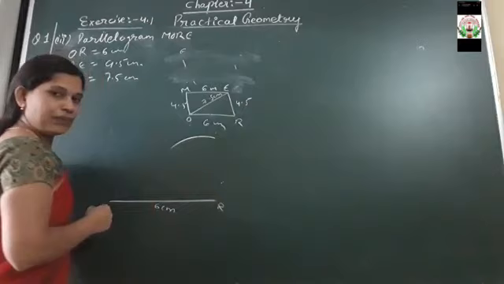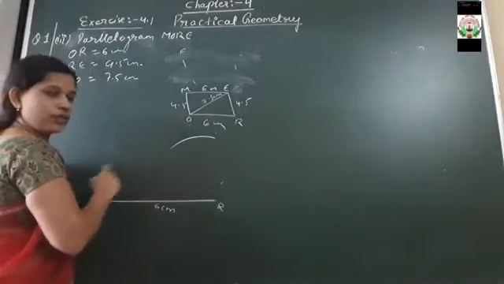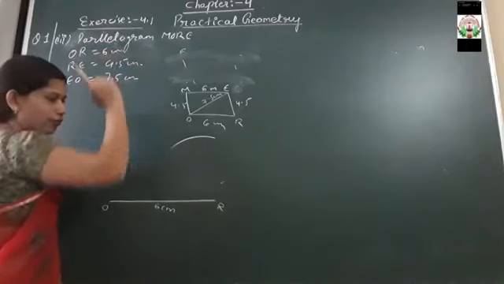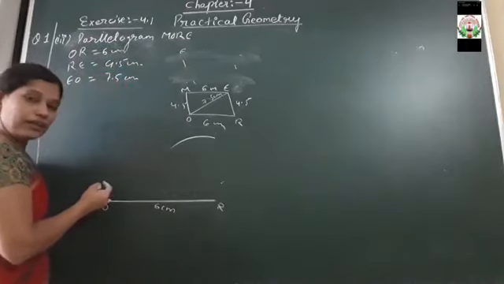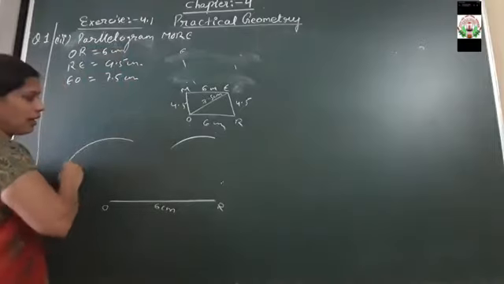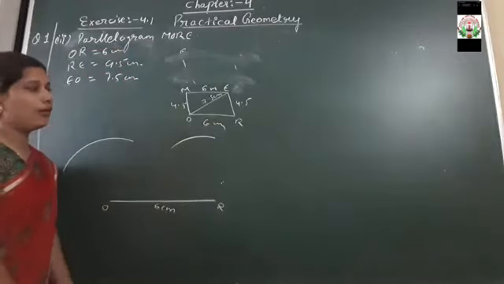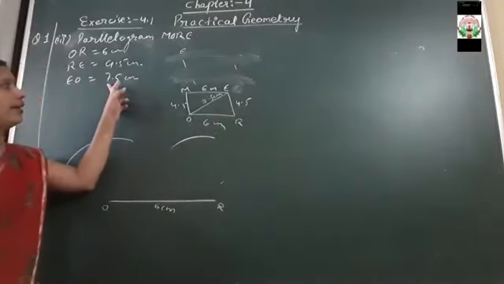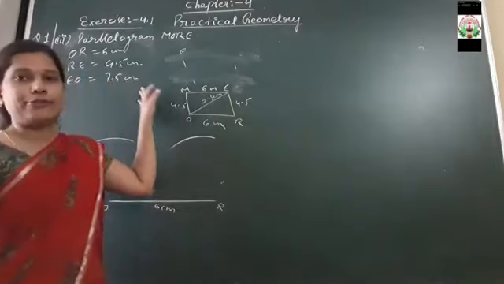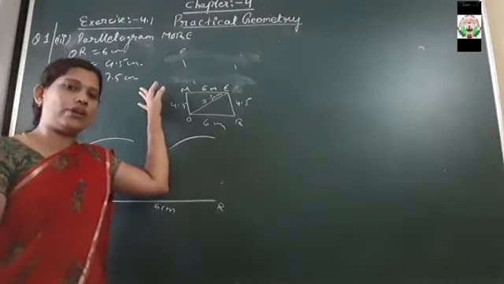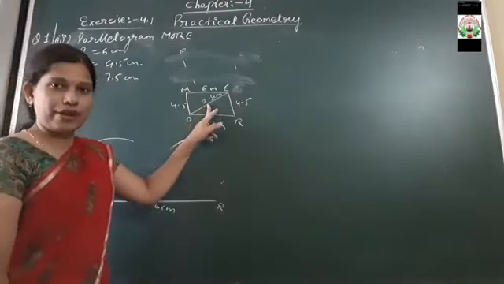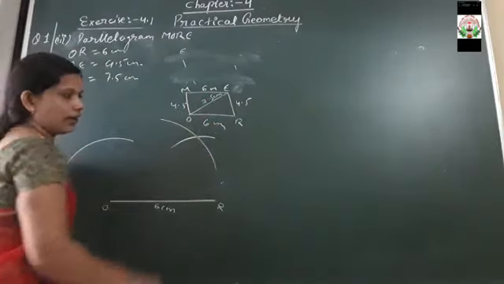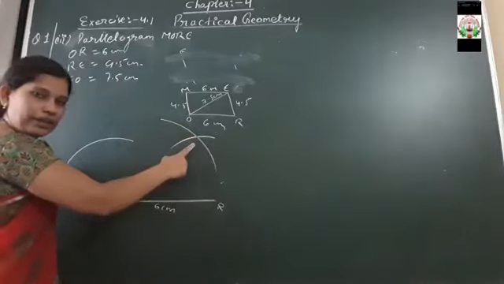Draw one arc. And with the same, because the opposite sides of a parallelogram are equal, with the same measurement, keeping the needle at point O, draw another arc. Like this, the two arcs with the same measurement you have to draw. Okay. After that, take the 7.5 measurement. Now on the mouth of your rounder you have to take the measure 7.5. Keeping the needle at point O, draw another arc. Okay. Now you got an intersection line.